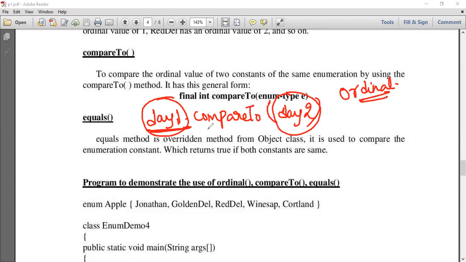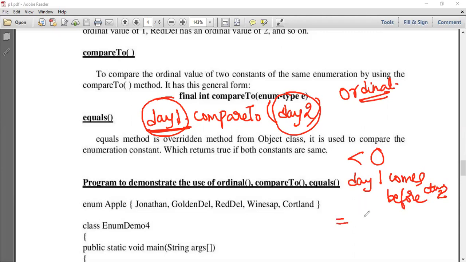Now the comparison will happen and it will return an integer value. If they are the same, it will return 0. If day1 comes before, then a negative value. So a negative value means it is less than 0, which means day1 comes before day2.